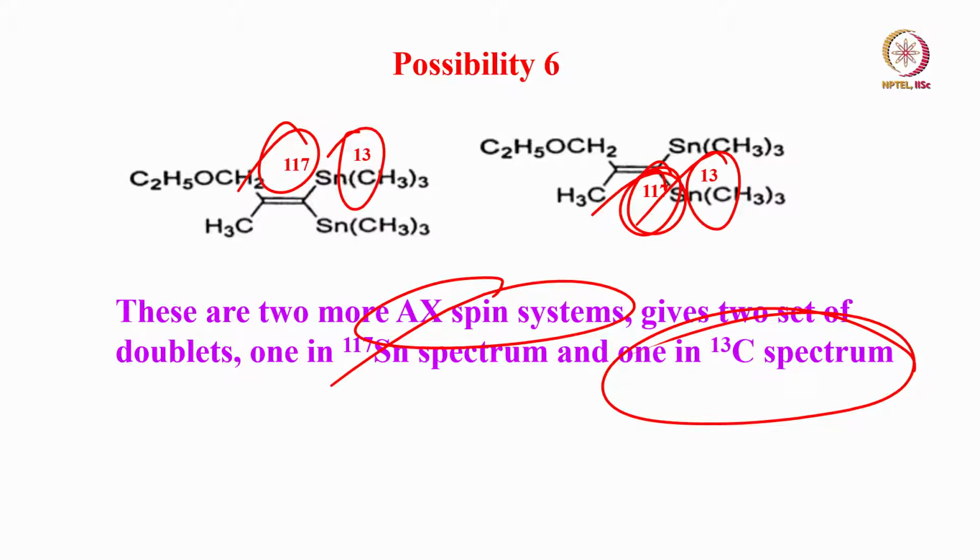So, a very simple molecule. Look at the complications. Only 2 tin atoms are present in the molecule, but because of the isotope abundance, different isotopomers are present in the molecule, so many possibilities one can think of, and each peak can be clearly assigned. This is the beauty of NMR, where a small microscopic perturbation at the site of one of them because of isotopic substitution is clearly visible in the NMR spectrum. That is how, understanding the isotopomer spectrum, we were able to analyze this in NMR. Okay.